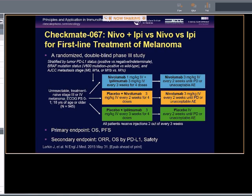Now let's talk briefly about the combination of nivolumab and ipilimumab, because if either one works, and they work by different mechanisms, and there's animal data to support the combo being better than either drug alone, let's see what happens in humans. Well, this was the so-called BMS 067 study, and this was a randomized phase 3 double-blind study